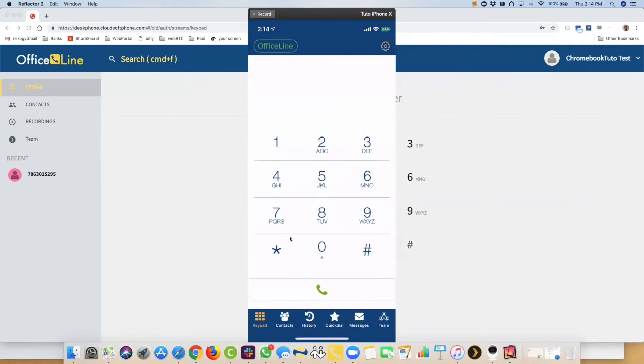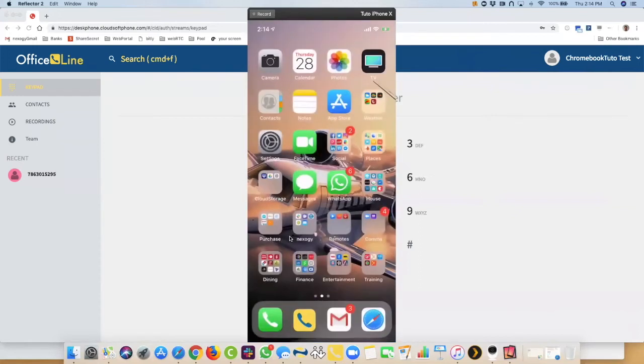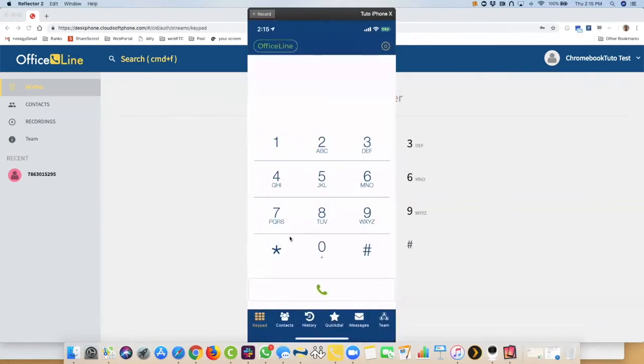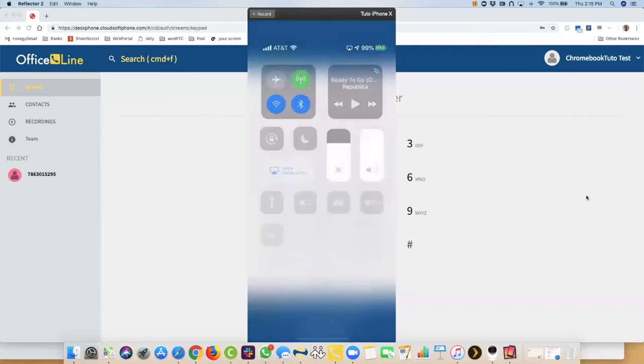Office Line is basically a true substitution of your desk phone, okay? The nice thing about having this Office Line, this soft phone from TECHIE installed on your smartphone, is that you can decide whether to make a phone call right off your native mobile phone to somebody you don't care about, providing them with your personal phone number, or if you want to make a business phone call, you're using Office Line right here. So having said that, if you take a look, I'm just going to stop mirroring my